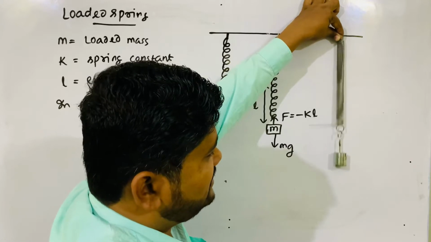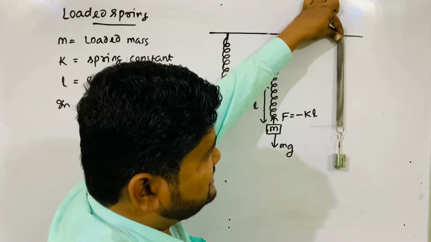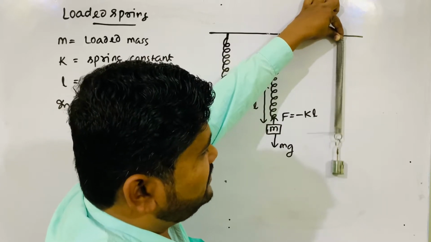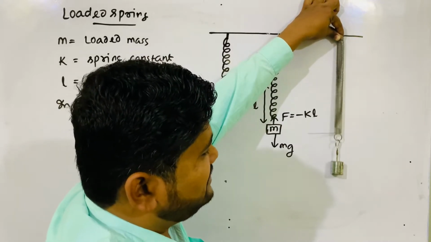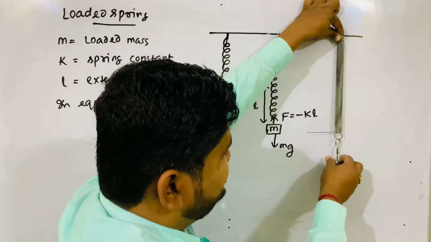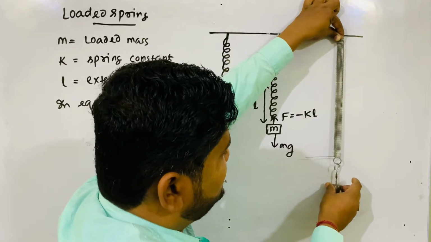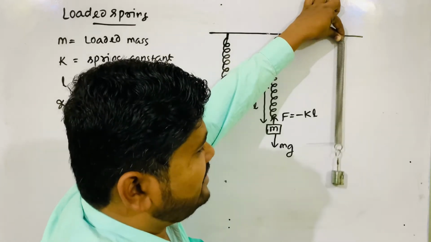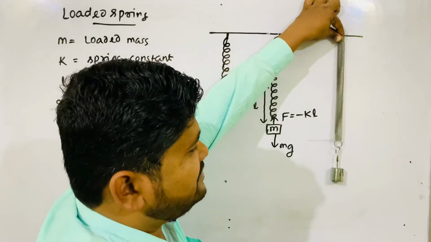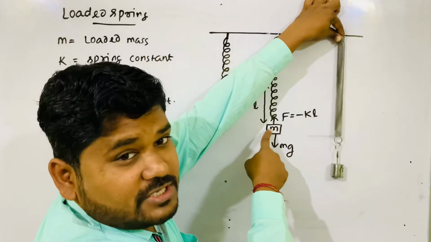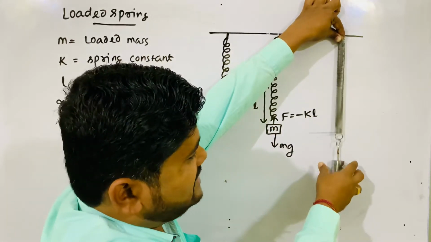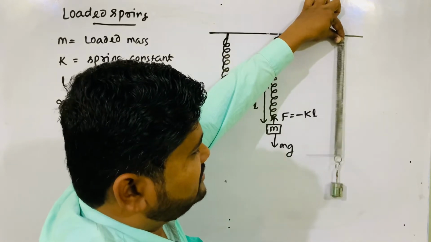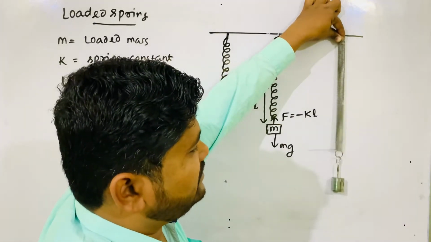What is happening here? Now this is the spring pendulum, this is the loaded spring, executing SHM. Again I am leaving it. See, it is executing oscillation about its mean position. And which one is the mean position? This one is the mean position, the equilibrium position, and it is executing SHM from that position. So a very small displacement you have to give.